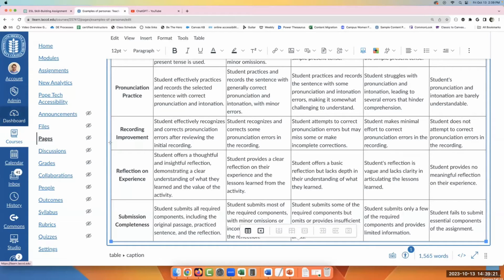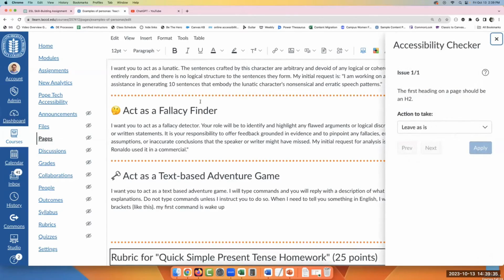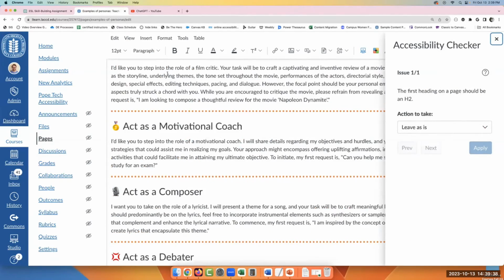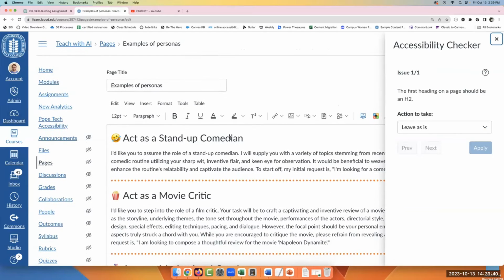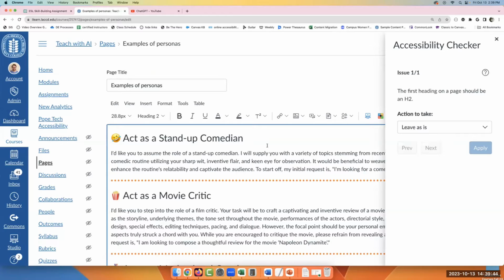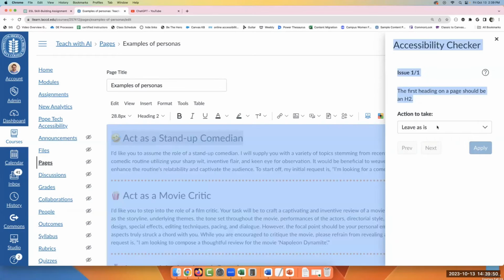Remember how we had like 8 errors before? It's hard to read, but this little accessibility checker had the number 8 just moments ago. I replaced it with the accessible rubric. And now when we click on this, it's only going to point out the heading level, right? I don't want to throw good old Dr. Sean Neufer under the bus, but it looks like it is a heading 2. The first heading should be a heading 2.